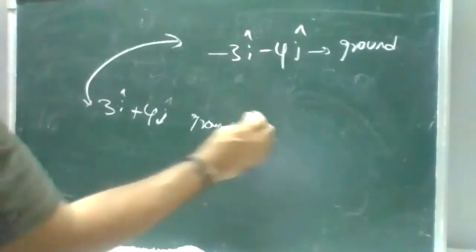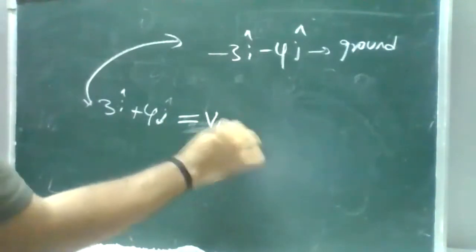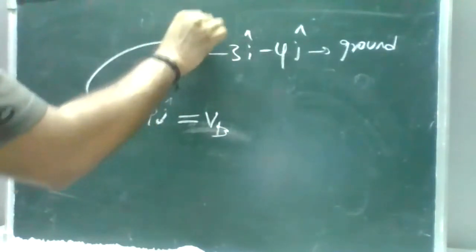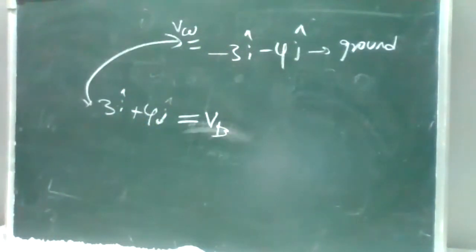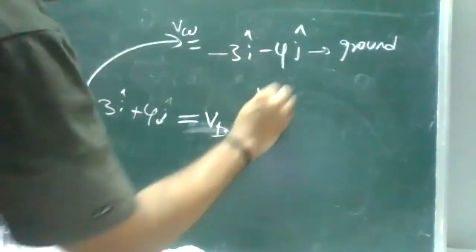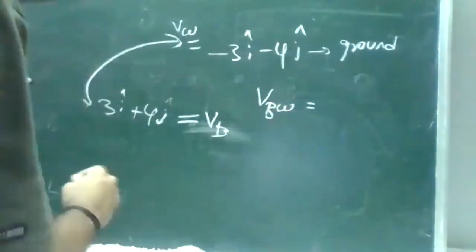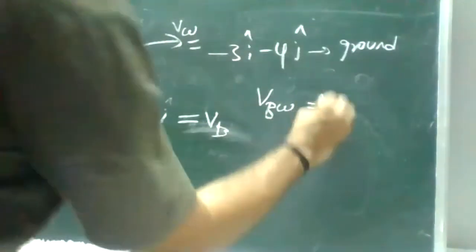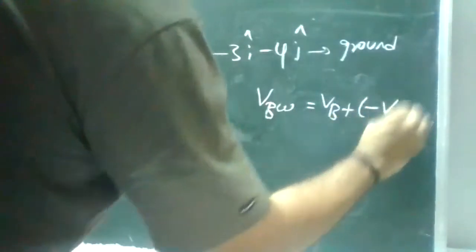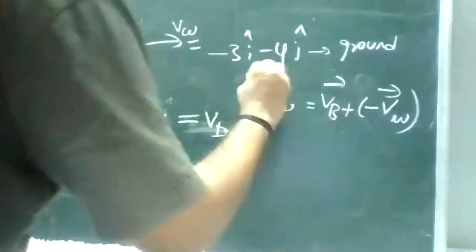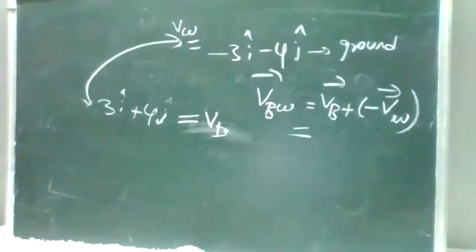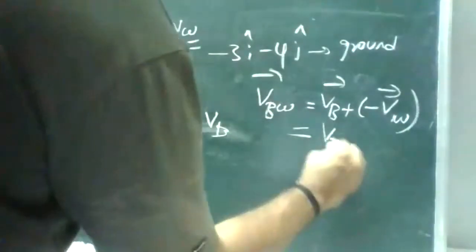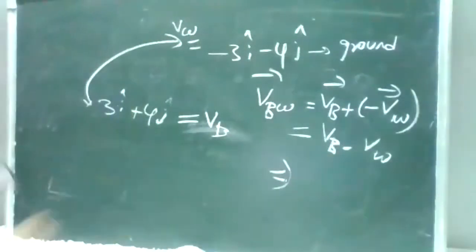Whatever relation we have discussed with respect to ground, it is nothing but your velocity VB, and it is nothing but your velocity VW. Boat relation and water relation. Here we need to find the boat with respect to river, that is water, so we specify it as water. VBW is equal to VB minus VW. So try to find the vector VB minus VW. Try to find VBW.